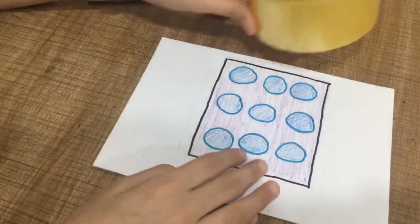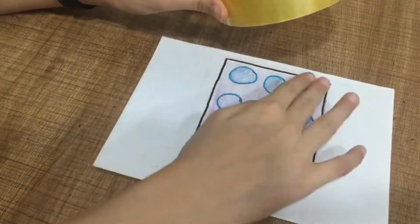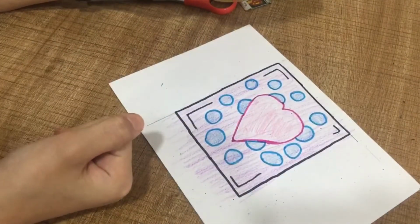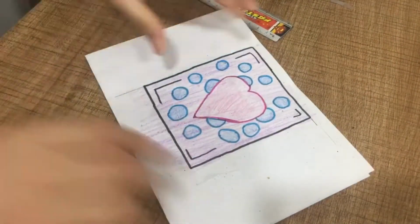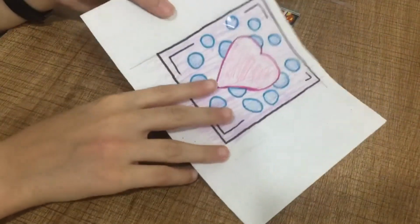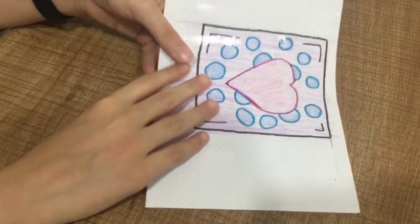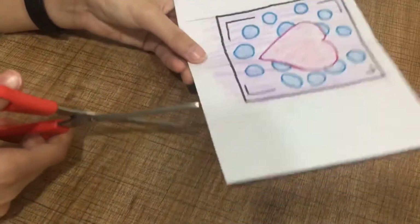So now you need to get your tape. Okay, you're gonna tape the back and the front with tape. Okay. So after when you tape the front and the back with tape, okay, you're gonna cut it now. So you're gonna take your scissors, cut it,